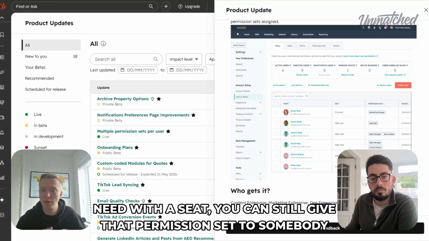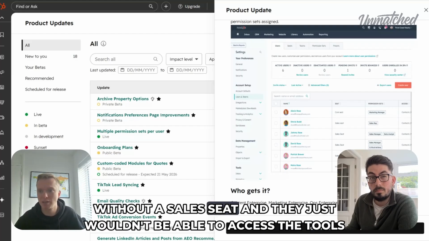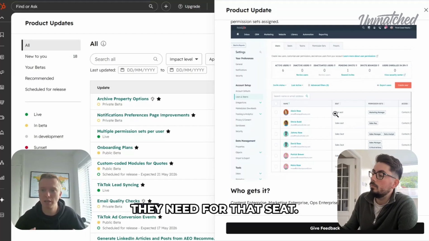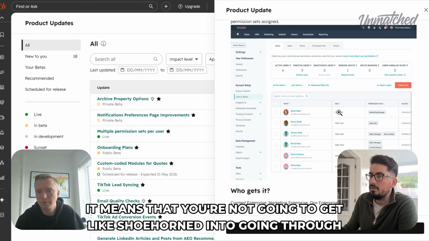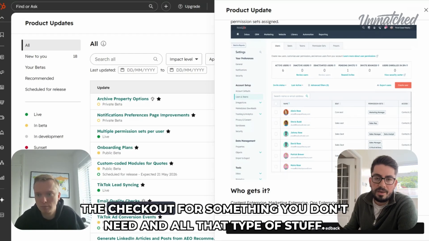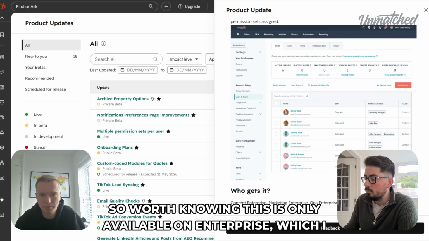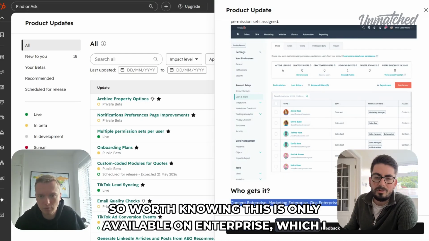Seat, you can still give that permission set to somebody without a sales seat, and they just wouldn't be able to access the tools they need for that seat. Oh, nice. Yeah, that makes sense. It means that you're not going to get shoehorned into going through the checkout for something you don't need and all that type of stuff. Yeah, nice. So worth noting, this is only available on Enterprise,